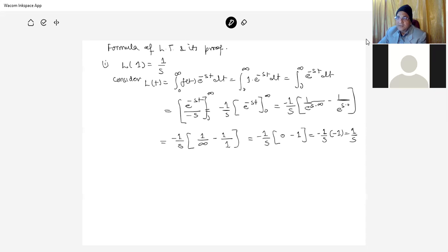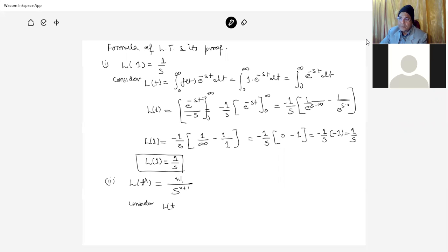So the L of 1, L of 1 is constant, so L of 1 is 1 by s. The second is L of t raised to the power n is equal to factorial n upon s to the power n plus 1. So consider